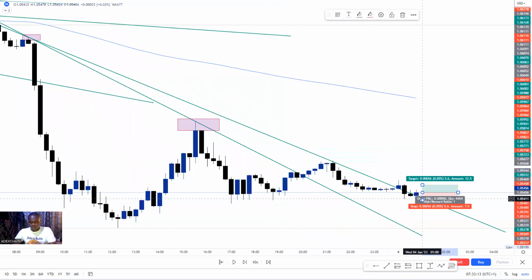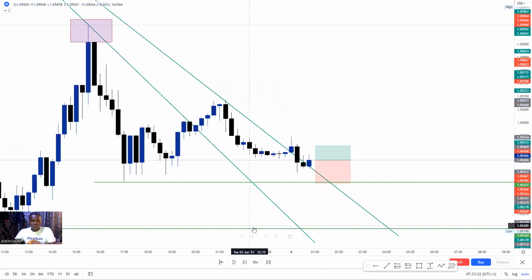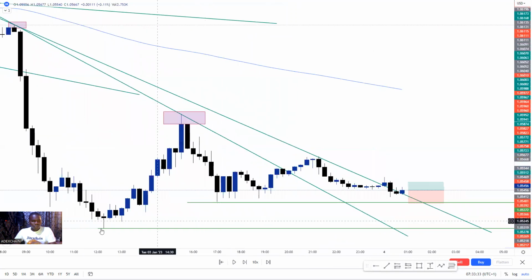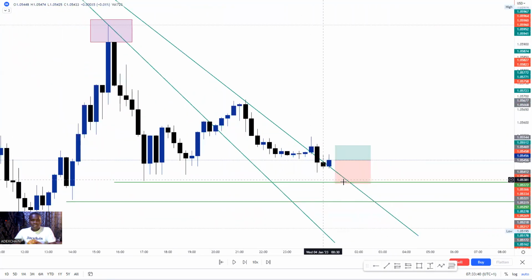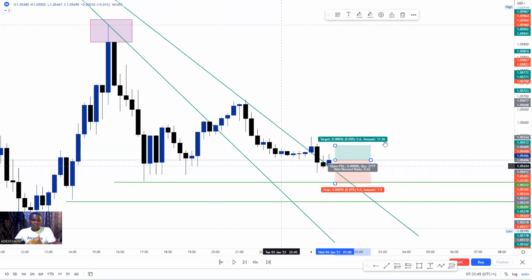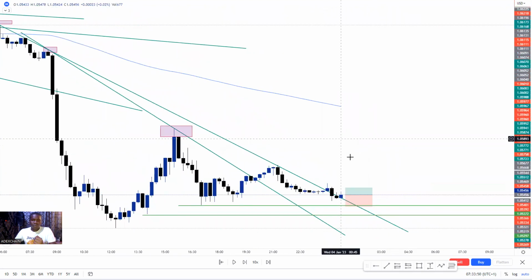In this kind of trade, you have to be watchful of your stop loss. I will put my stop loss below here. Stop loss can take different forms in this kind of situation. If you want to take more risk, you can put stop loss here or here, either of the two. But to me, I may suggest here. But if I'm the one taking this, I may just put my stop loss here, so in case the market goes against me, I will know what to do next, whether to leave the market or find another setup for another trade.